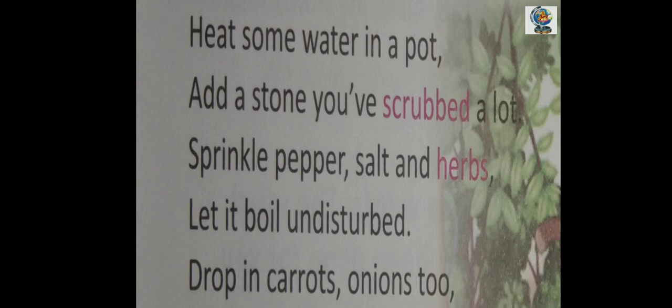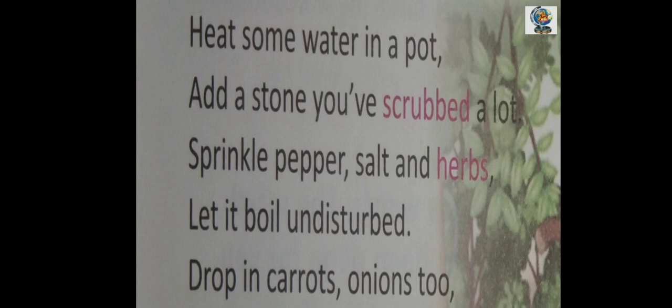Now they kept it for boiling. One lady passed through the way. She also asked, "What are you making?" Boy says, "I'm making a stone soup." The lady says, "Oh, how does it taste?" Boy says, "It tastes very delicious." Lady says, "Will you share with me?" Boy says, "Yes, why not?"